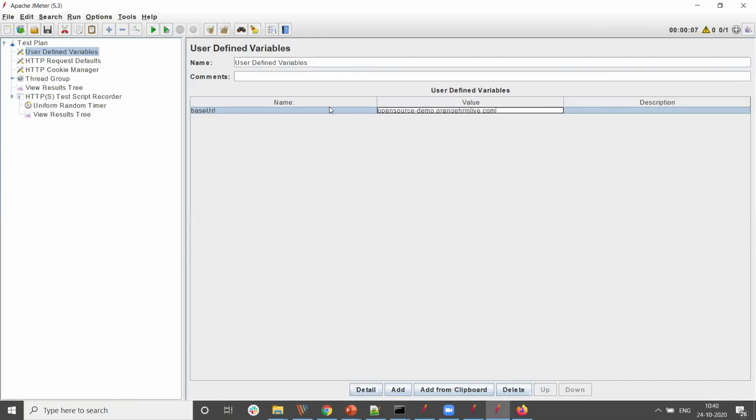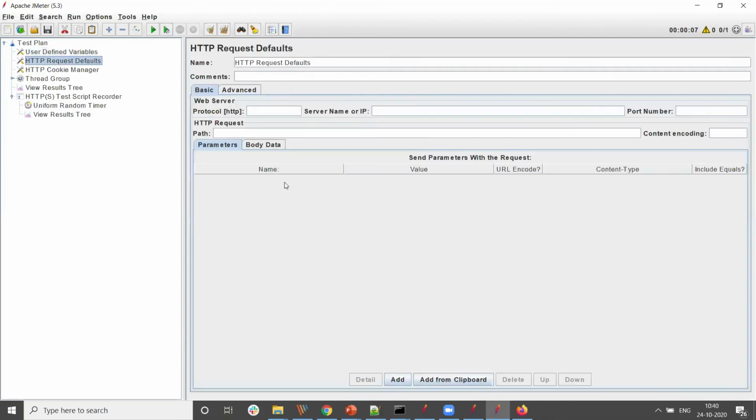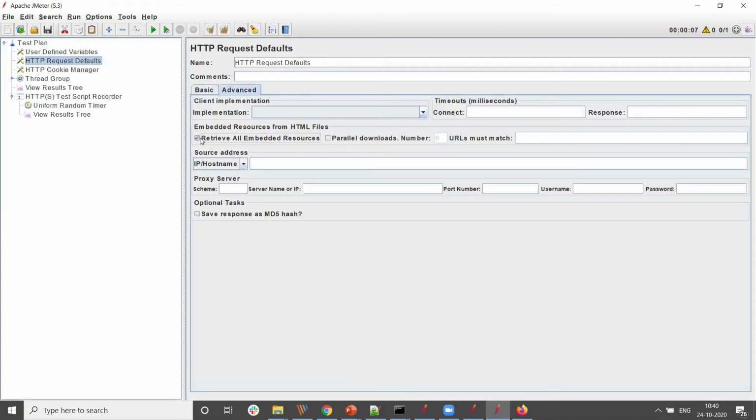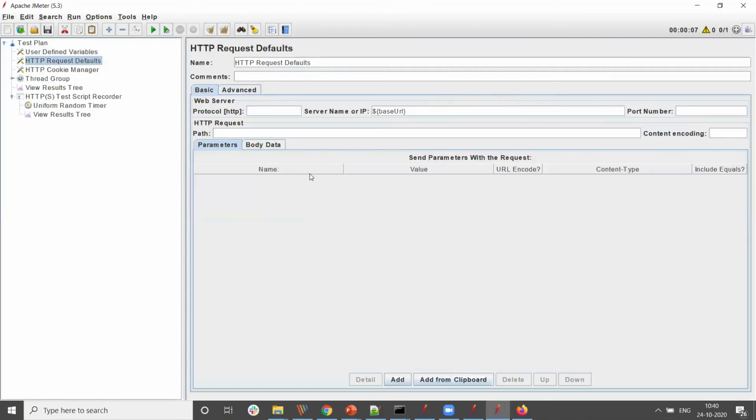Now this base URL, I'll go to the request defaults, and here, any variable you want to call in JMeter should be a $ sign and curly braces and base URL. I'm clicking this also. So this is the request default. When I capture my screen, there will be this base URL.